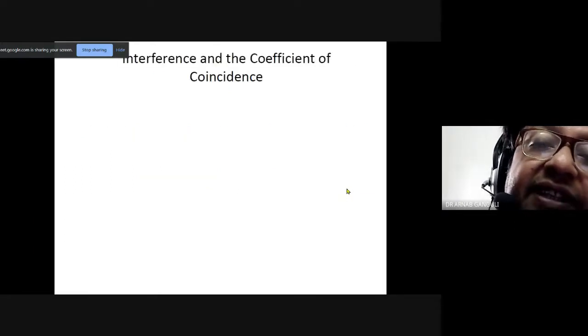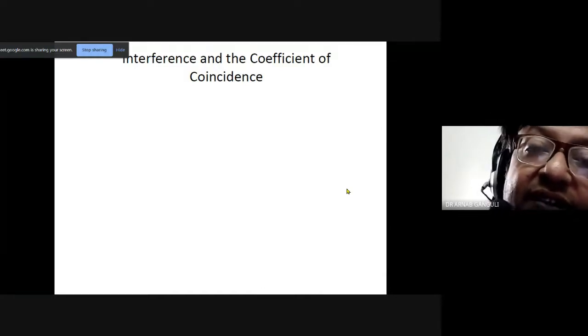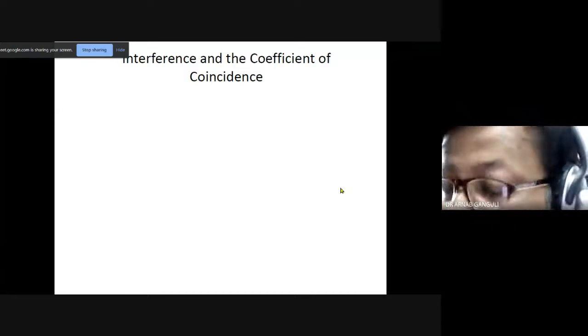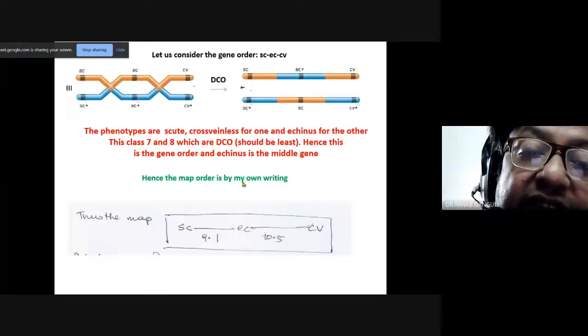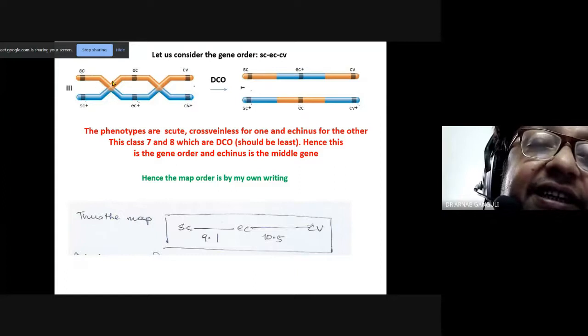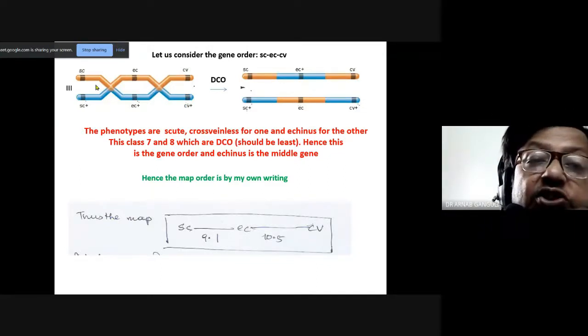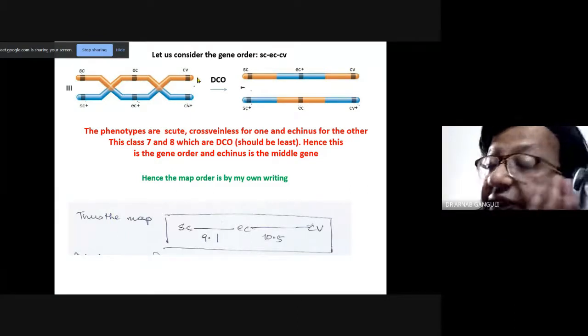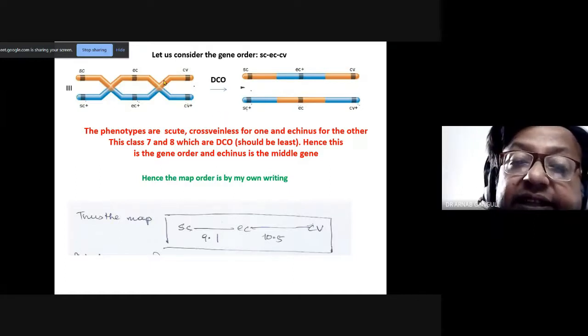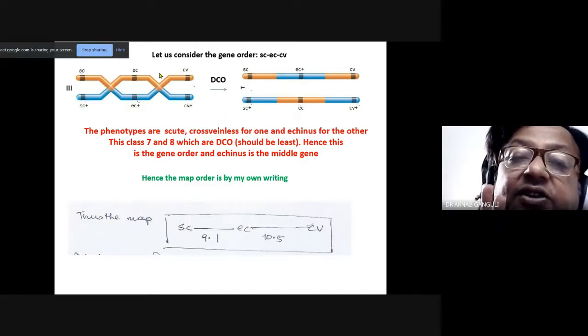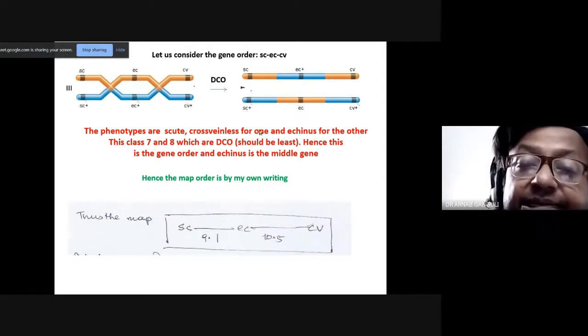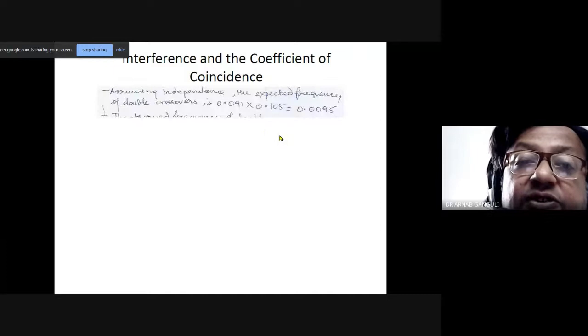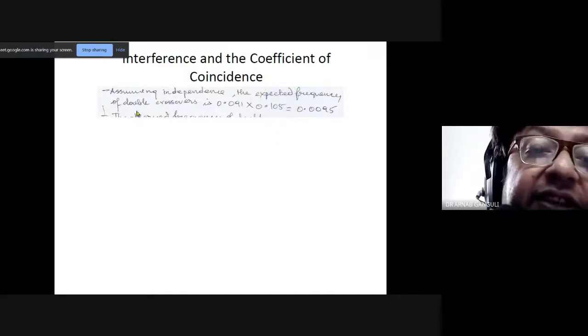এবারে ইন্টারফারেন্স এন্ড কোএফিসিয়েন্ট অফ কোইন্সিডেন্স। ইন্টারফারেন্স ইজ ক্রসিং ওভার বিটুইন, ধরো, whether the crossover between এসসি and ইসি, এই দুটোর মধ্যে ক্রসওভার যখন হচ্ছে, এটা কি ক্রসওভারটাকে ইন্টারফিয়ার করছে, আটকে দিচ্ছে কি? Question is, if the crossover between EC and SC is interfering with the crossover between EC and CV, এটা জানাটা খুব দরকার। তার মানে রেজাল্টটা যদি কম হয়, তাহলে এটা খুব বেশি ইন্টারফিয়ার করে, এখানে ডাবল ক্রসওভারটা হচ্ছে না, ইন্টারফিয়ার করে দিয়েছে তো। Assuming independence, the expected frequency of double crossover is,